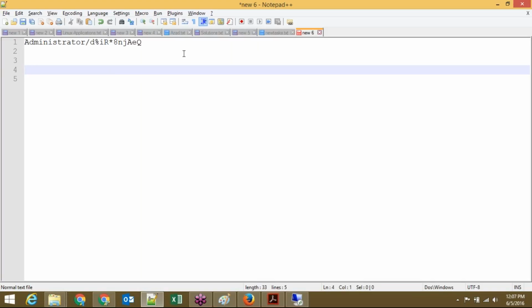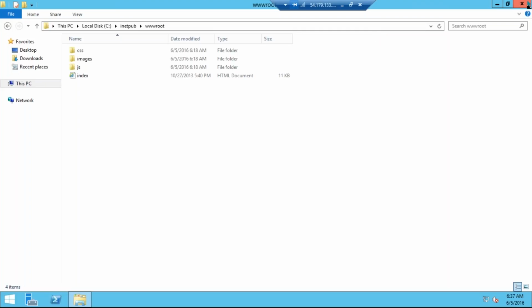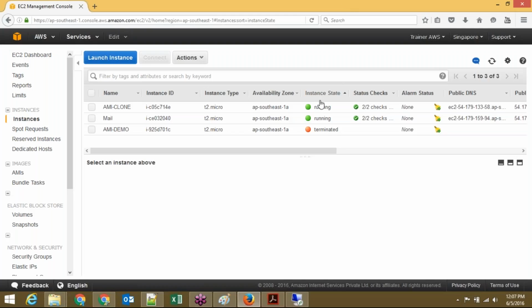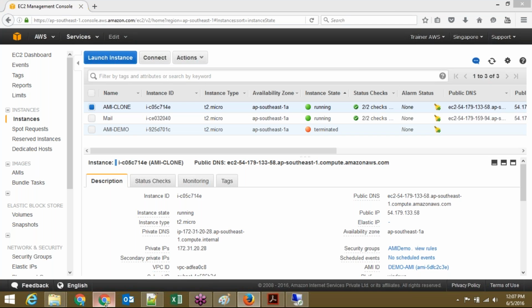So that's why I made a note of the password, and you can see we have logged in, and we can see the data is there, and we are also able to access the site from a different IP, which is the AMI clone. You can see we are also able to access it. So what we have done is, now